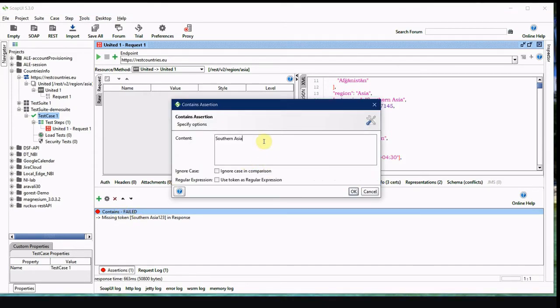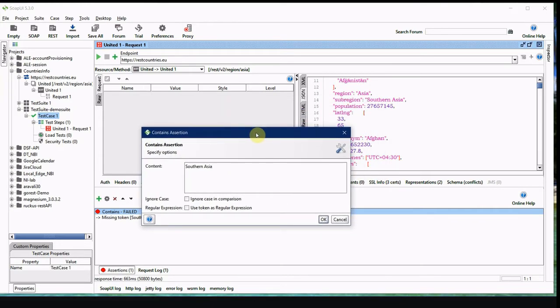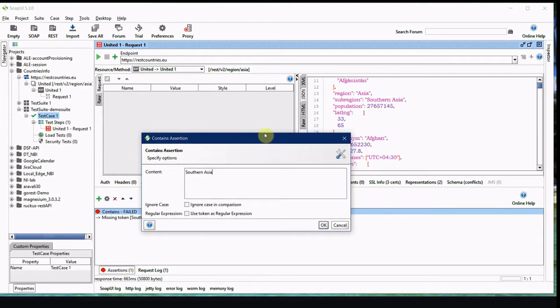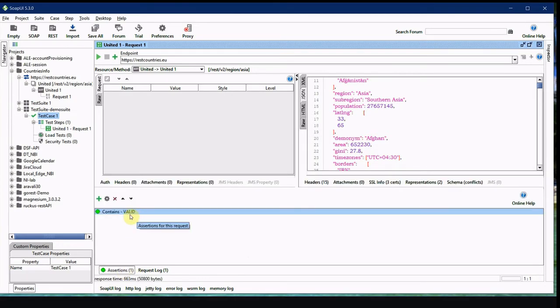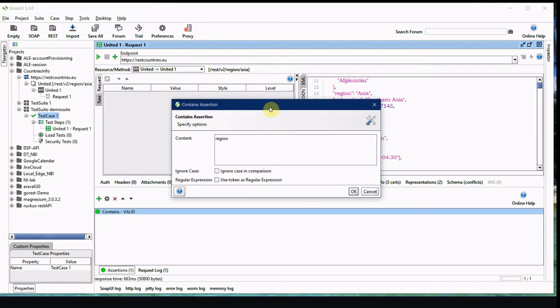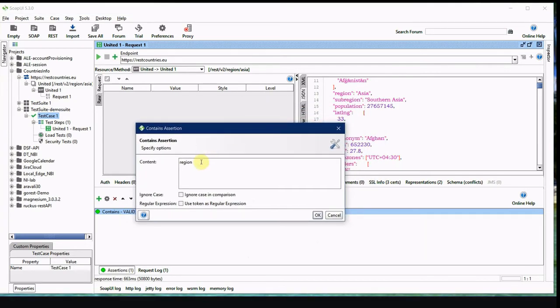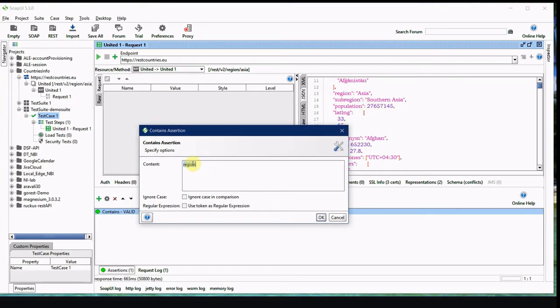So let me remove this. Actually you can search, you can do a contains on the value or the object or element in here. So let me remove this and do a search on region, which should also be passed here. So it shows as green in here. That means the region word is available within the response in here. So that's about the contains